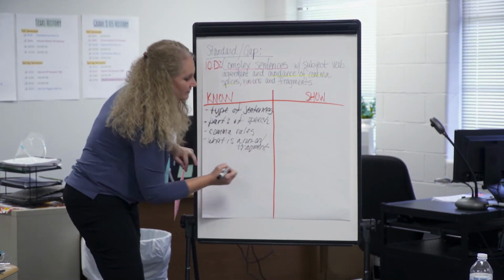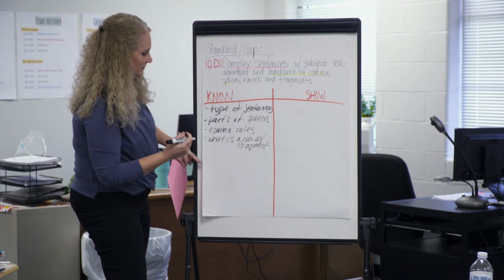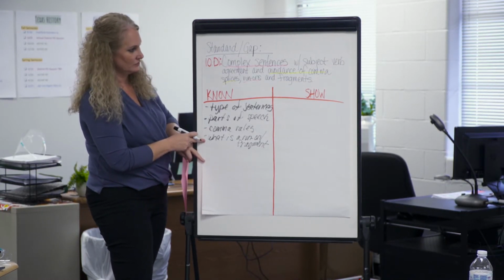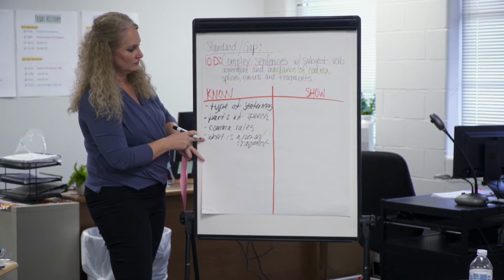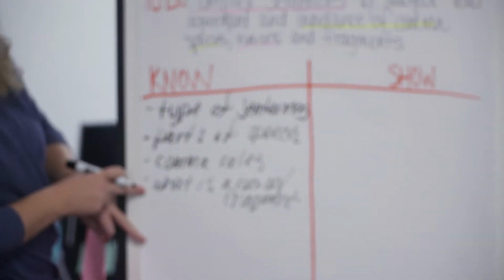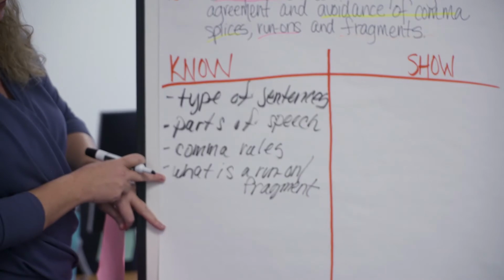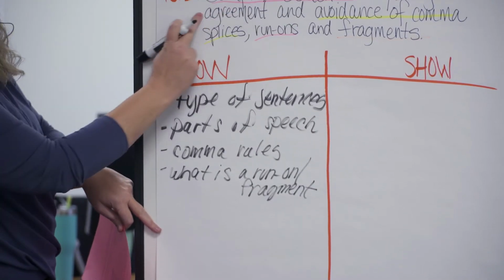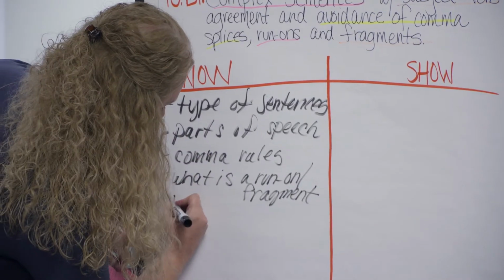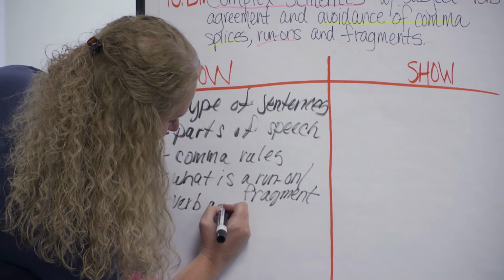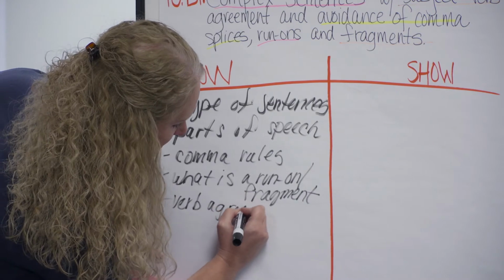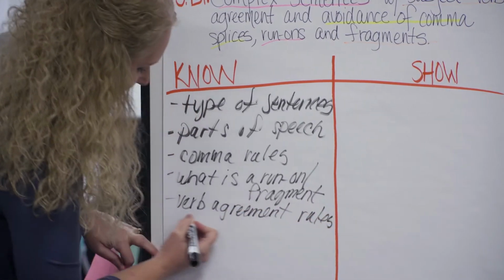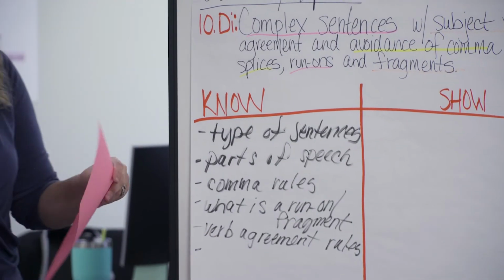Because I think commas are a heavier subject than just run-ons and fragments, so we'd have to talk about the rules and procedures, which is why I think that would be a little bit different than run-ons and fragments. What about, oh, go ahead. Yeah, subject-verb agreement rules. Agreement rules. I am not blessed with the gift of good handwriting, sorry.